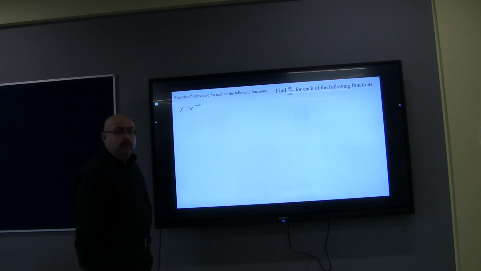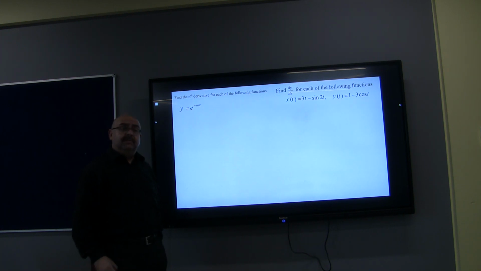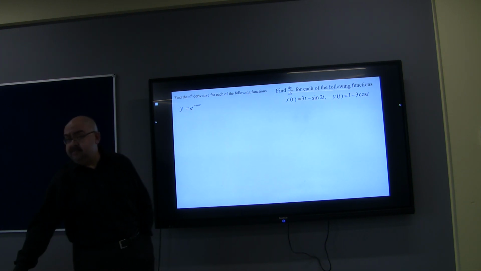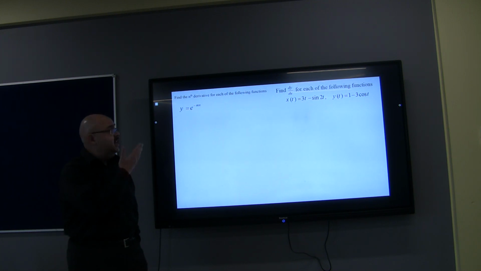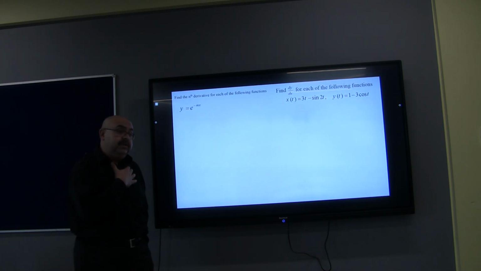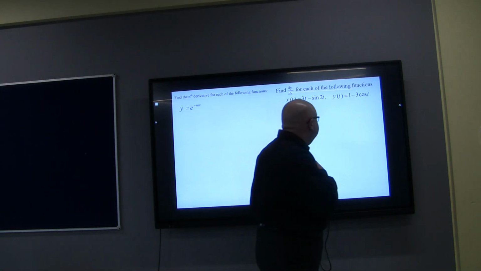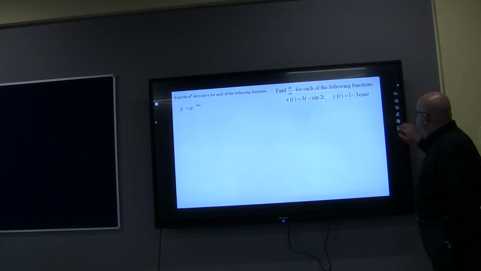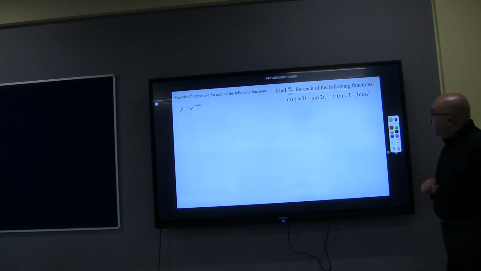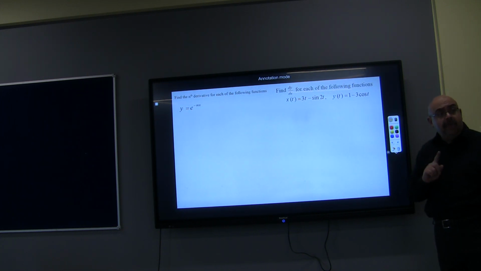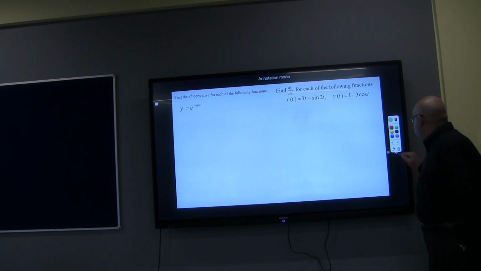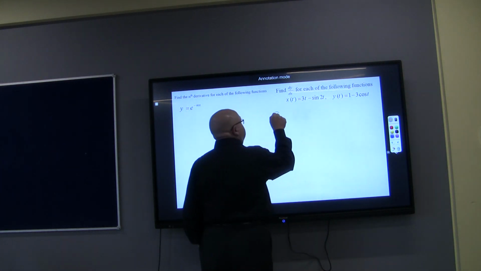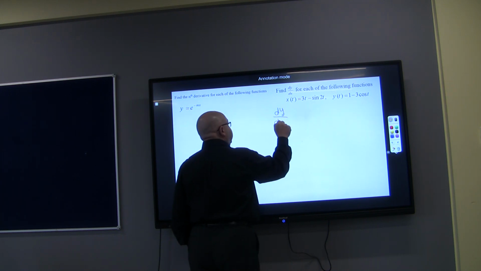I want you to find dy by dx for these functions. This is the one. What is the difference between the y dash we went through previously and this function? This function is given in parametric form. Do you remember? It's in parametric form. So if I need to find the derivative for this function, which is given in parametric form, I will have to go through the rule for the parametric derivative,